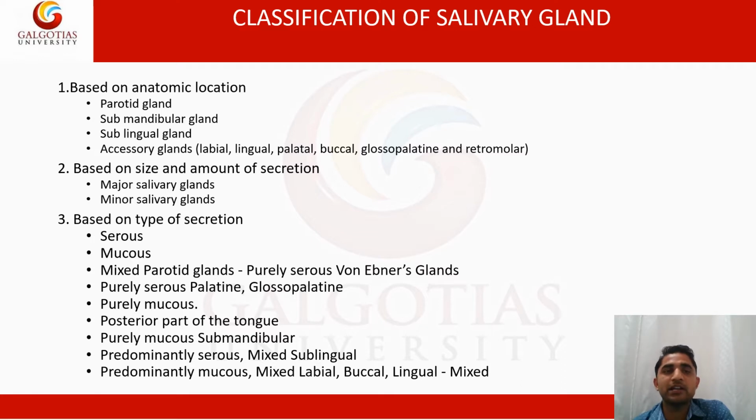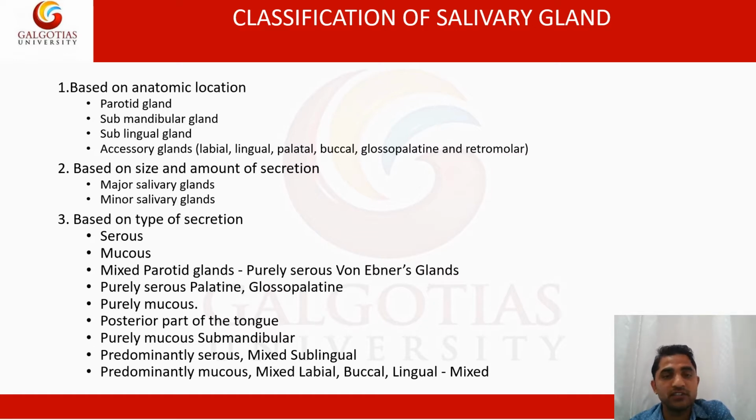We classify the salivary glands in various ways: on the basis of anatomical location, on the basis of size, and on the basis of type of secretion. Let's discuss the first one, on the basis of anatomical locations. We divide the salivary glands into four parts: the parotid gland, submandibular gland, sublingual gland, and lastly the accessory glands. Then, based on size and the amount of secretion,